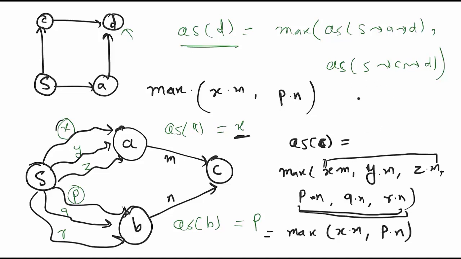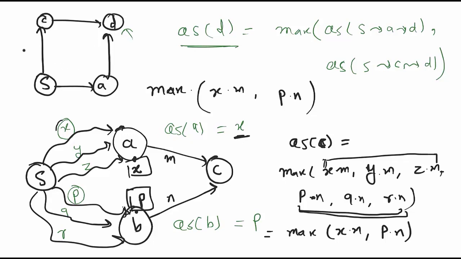But if you have not studied algorithms, or if you have studied, just don't worry, okay? This is the simple concept that I wanted to talk about. So what we can do is store the quality scores. Let's suppose the quality score of A is X here and the quality score of B is P here, and we can reuse them. We can locally store the quality scores of every node and reuse those quality scores for further computation, instead of finding out all the paths again and again. We can just apply the simple property, right?